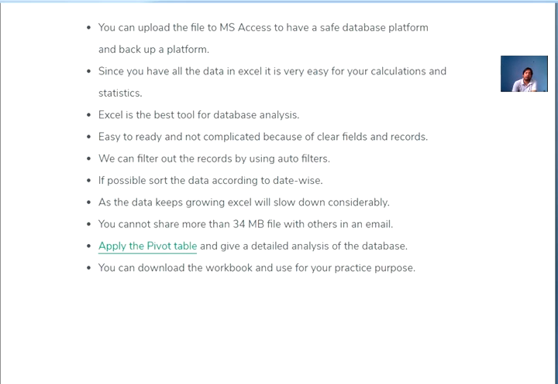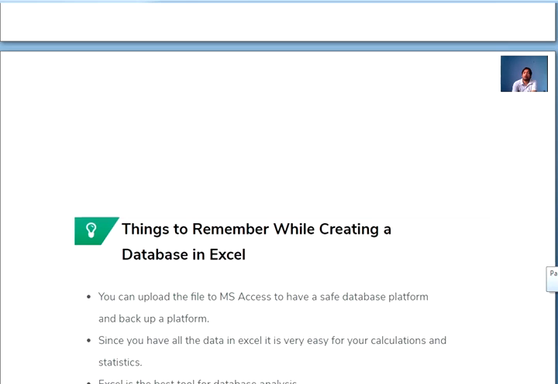Yes, all of you know about that. We cannot share more than 34 MB of data from the mail ID. For applying pivot and detailed analysis of the database, you can download the workbook and use it for your practice purposes.